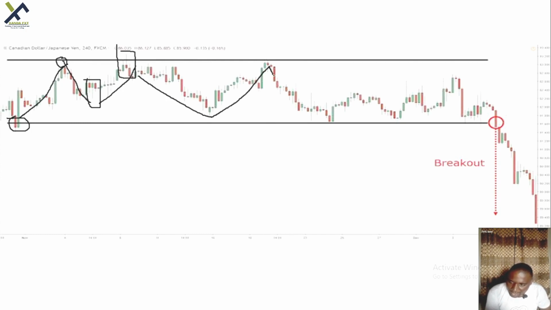Your buy, your sell, knowing fully well that once it gets to the support line, it will be rejected, it will bounce back. Once it gets to the resistance line, it will be rejected, it will bounce back. So you are following the trend. Now that is called trading the range or channel pattern. Now let's go to the next one.